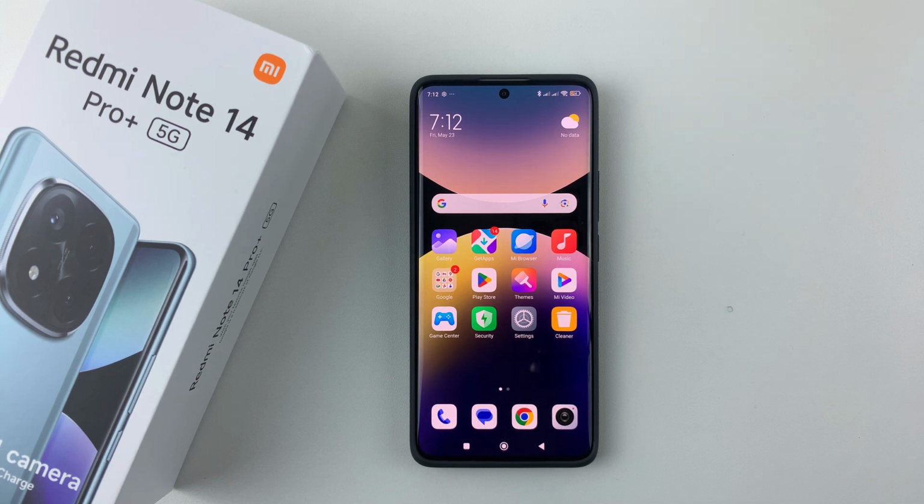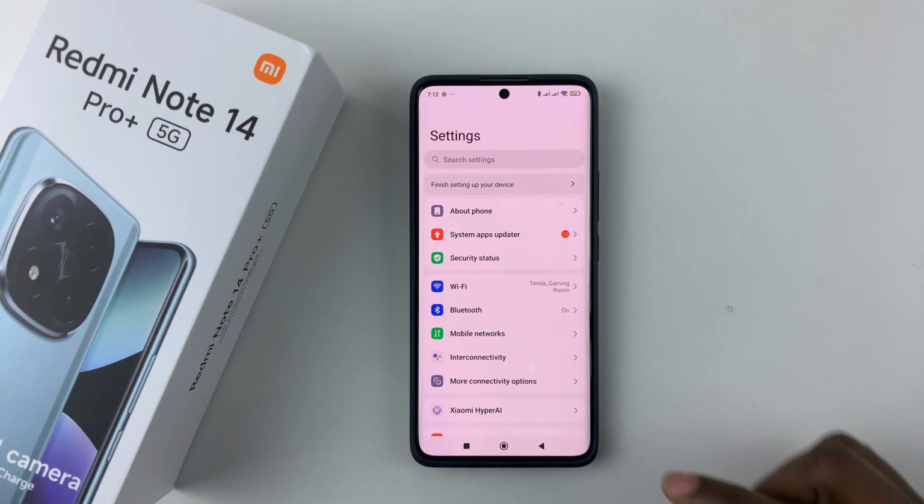Welcome back. In this video, I'll show you how to turn on the Dolby Atmos on the Redmi Note 14. So I am using the Redmi Note 14 Pro Plus, but the same steps should apply on the other Redmi Note 14 phones. So tap on Settings, either on the home screen or the app drawer, and then scroll down